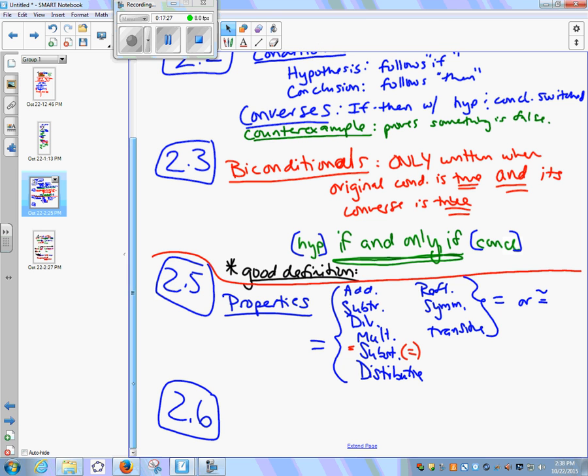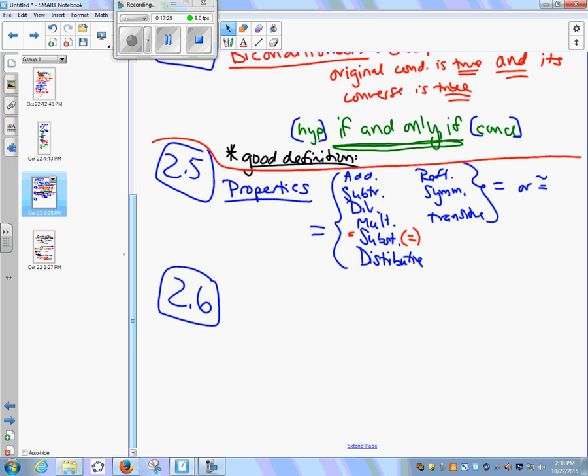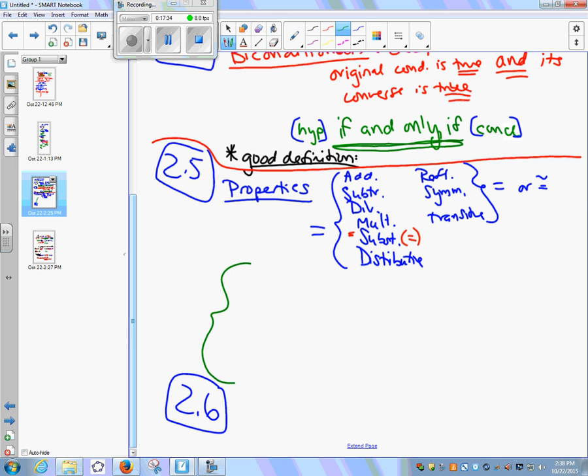Then before we went into 2.6, I inserted a lesson here. We had a worksheet called Practice for Proofs Chapter 2, and the whole front side had algebraic proofs on it. Then we walked through reminding ourselves of some of the definitions that are absolutely going to turn up in proofs. So, definition of, let's say, midpoint,